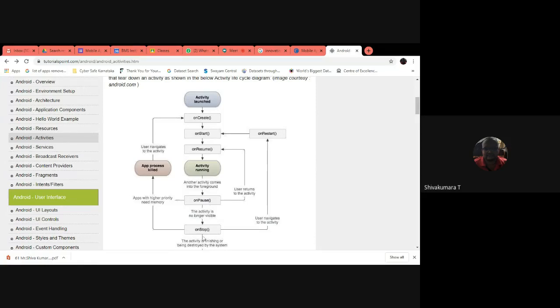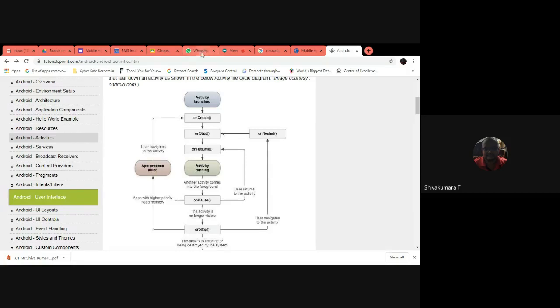Termination happens on onStop. By calling onStop, termination will happen. Whereas onPause temporarily disconnects that activity because the current activity is not visible to you. Another activity is running in front of the previous activity, right?